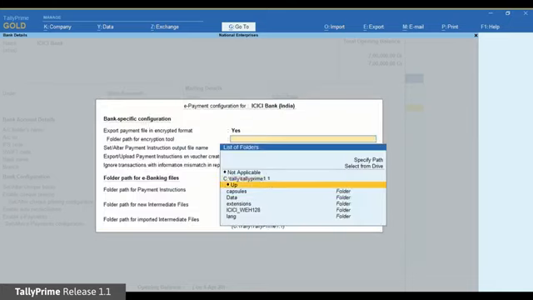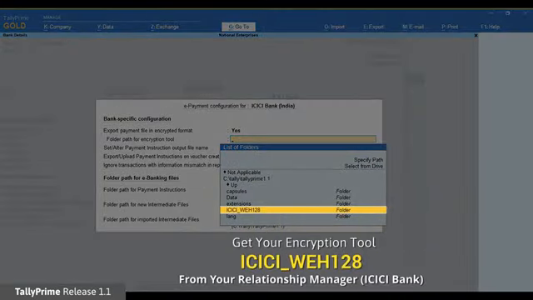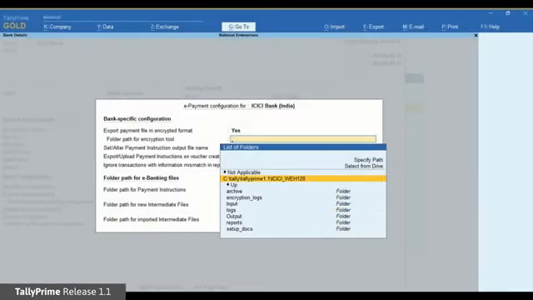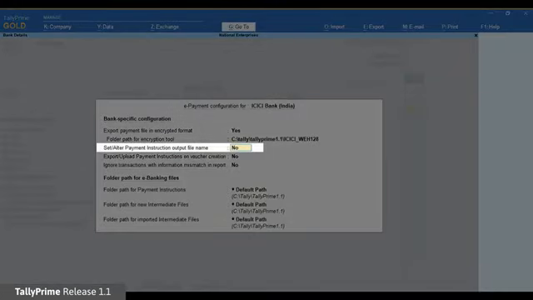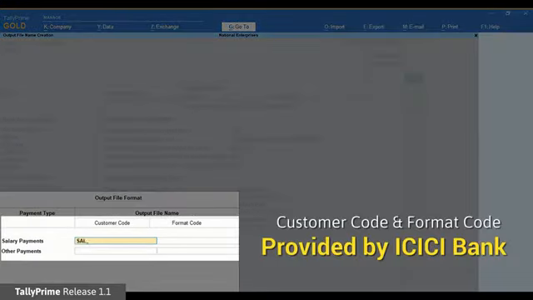The encryption of payment file is mandatory for uploading it on ICICI Bank portal. You need to avail the encryption tool ICICI_WEH128 from your ICICI Bank Relationship Manager. Enable Set or Alter Payment Instruction Output File Name in order to set the name of the output file name. In the Output File Format screen, enter the customer code and format code as provided to you by the bank